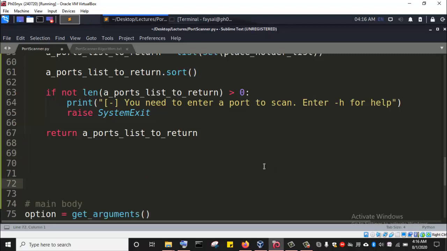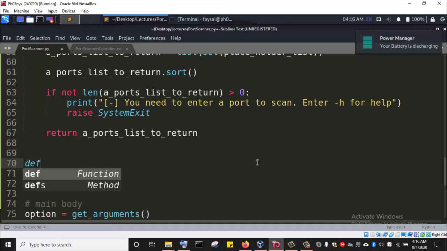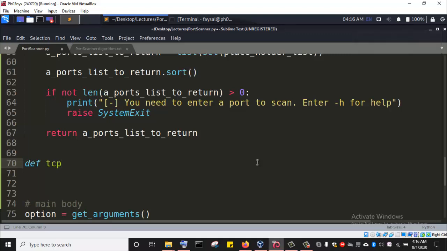Enter. Okay, so just go up a little. Well, 2 lines is okay. So I'm going to create, I'm going to call that function TCP scan. Okay, and then I'm going to define parameters so that whenever I invoke this function, I'm going to